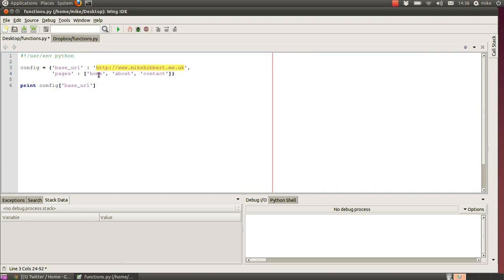A list, however, if I was to go pages, the output would then become this. However, if we went pages 0, that would output the word home. Okay,